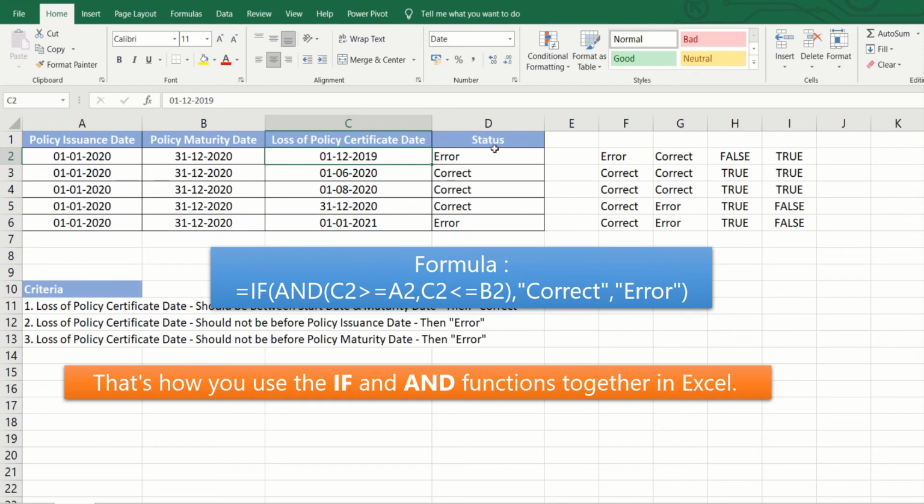Here this date is before the issuance date, so it has shown error. This date is between these two dates, and when this date is between these two dates, it is correct. This date is equal to or less than the maturity date, that's why it's showing correct. And this is the error date, that is after. So what we can do is use 1120, which still stays constant. So if I change it here, this will error.